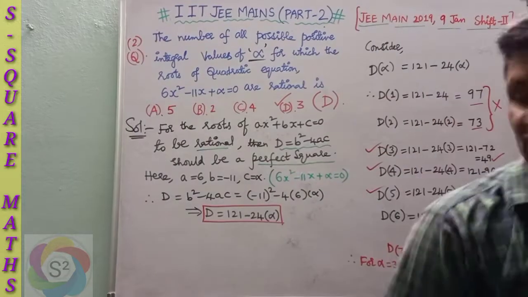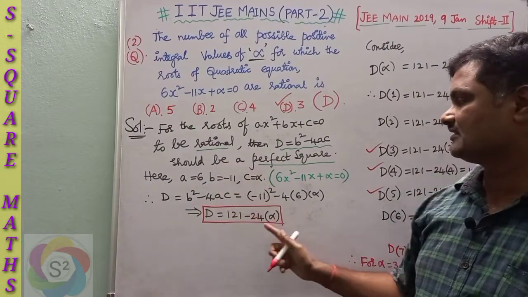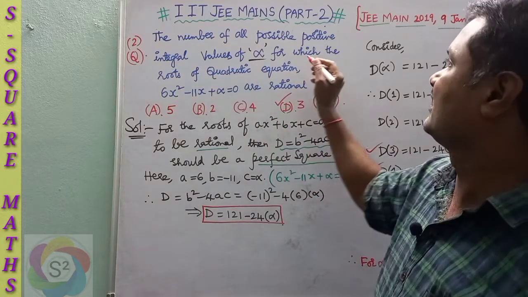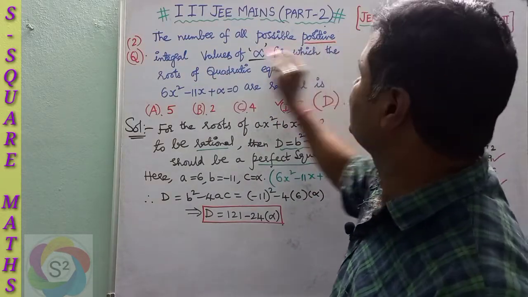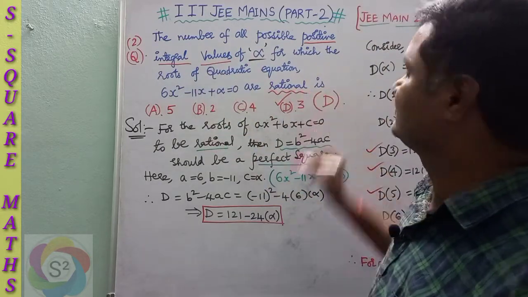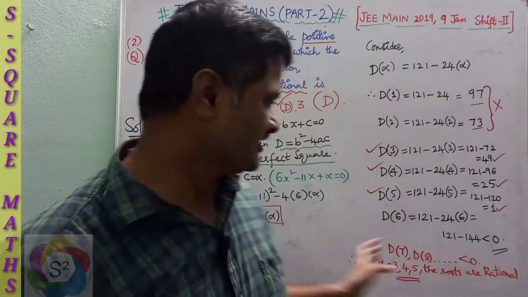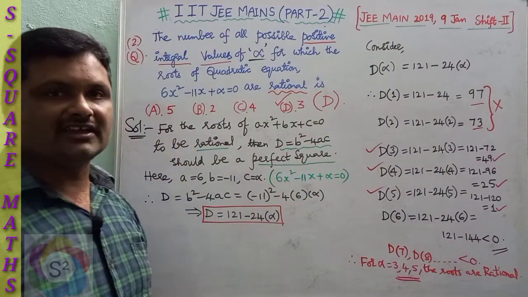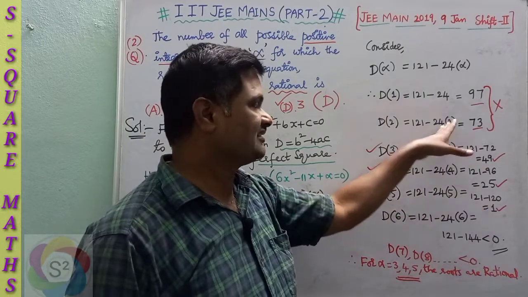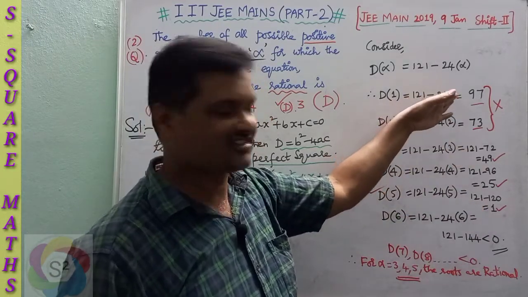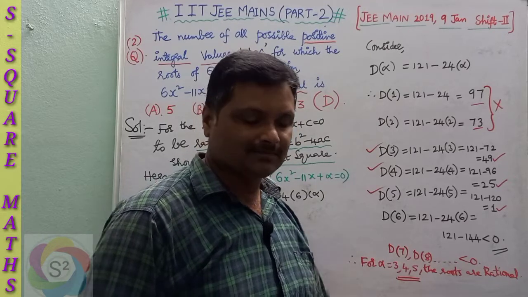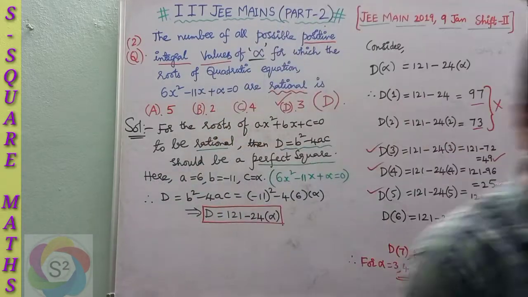So let us go through the problem now. This is very important. So for the quadratic equation, the possible positive integral values of alpha for which roots are rational, this is a procedure, it's very easy. Okay, for 3 values of alpha, 3, 4, 5, we are going to get perfect squares. These are positive values but not perfect squares. Later on they are negative values. Okay, once you have a look.